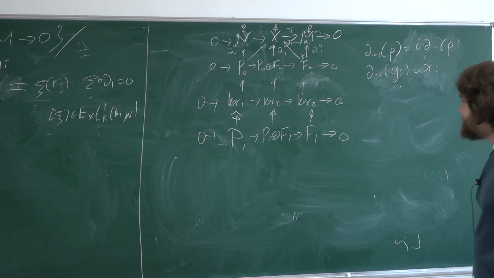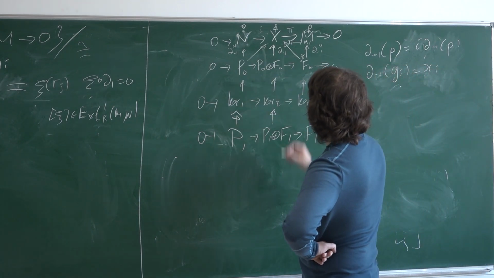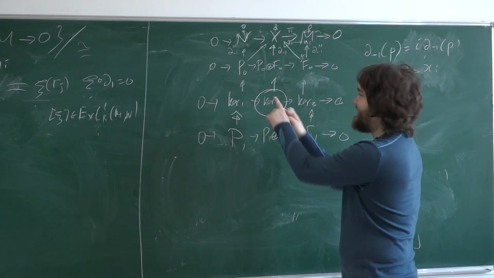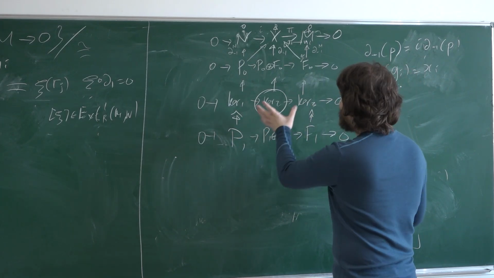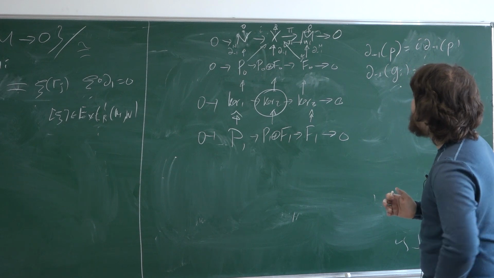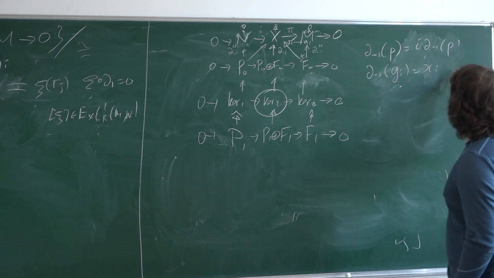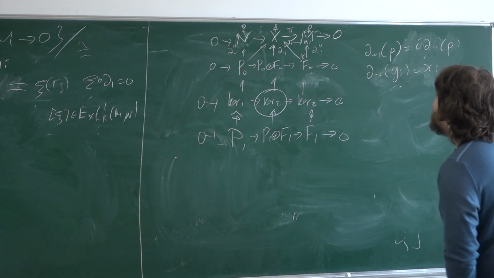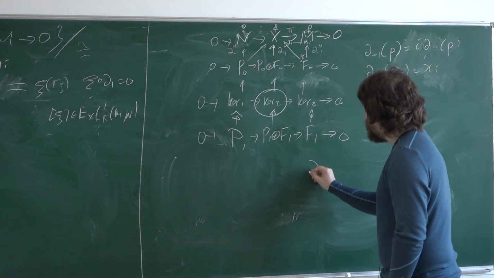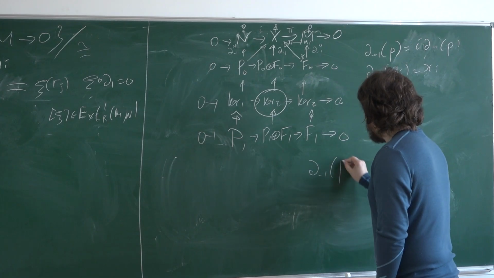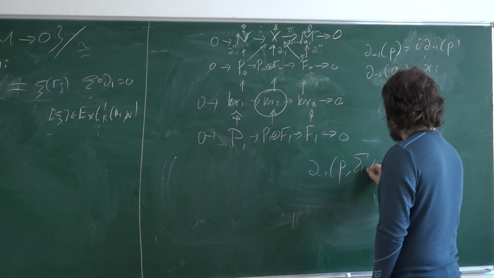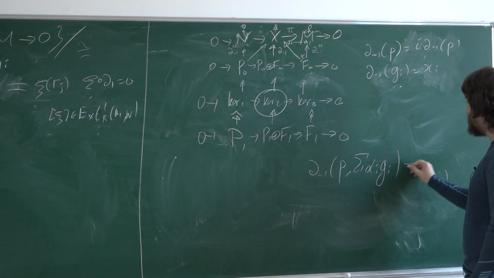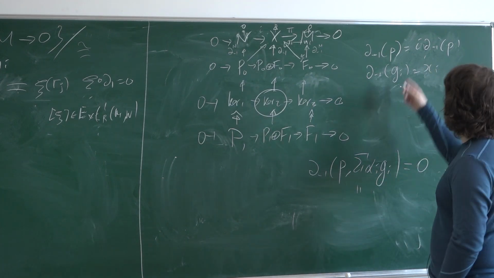Okay, let's do this. We need to understand what this kernel is. It's not a direct sum of two kernels. This short exact sequence is not splitting in general. It's some module. Okay, we have this map, this explicit formula. If d minus 1 of p, a sum of some elements of the basis of F0, is 0, on the other hand,